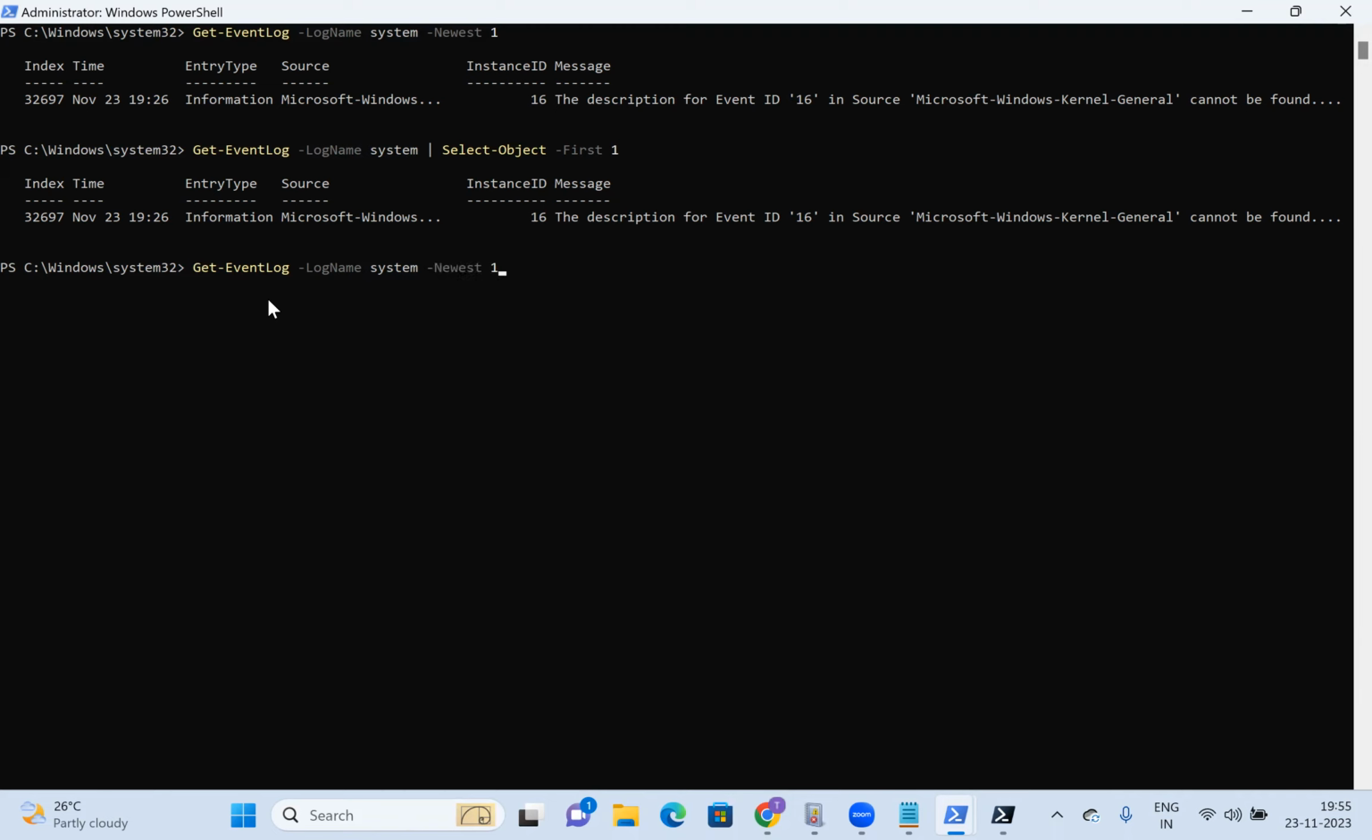Now we'll do some filtration with multiple property values. Get-EventLog LogName System, pipe. Before that, Where-Object, start script block. Then dollar underscore, and we'll give the property name. We saw Time, right? What we'll do,